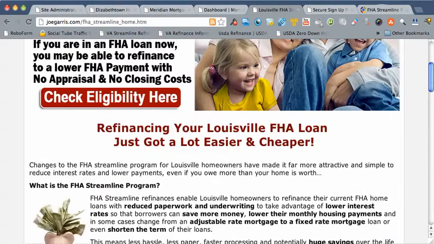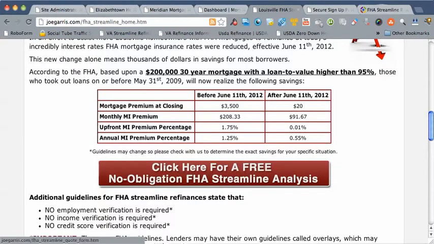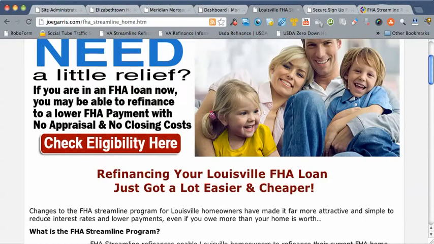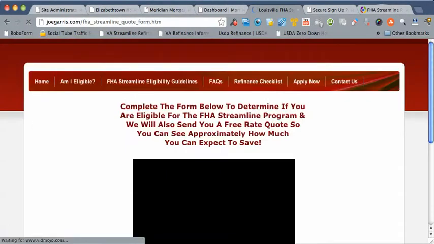As you can see, we do use headline marketing, so we always have a headline on the page, and we also always have a call to action. So we're always driving the prospect to take the next step, which in this case we're saying is to fill out the eligibility form. If we go to that eligibility form here, if we click on that,